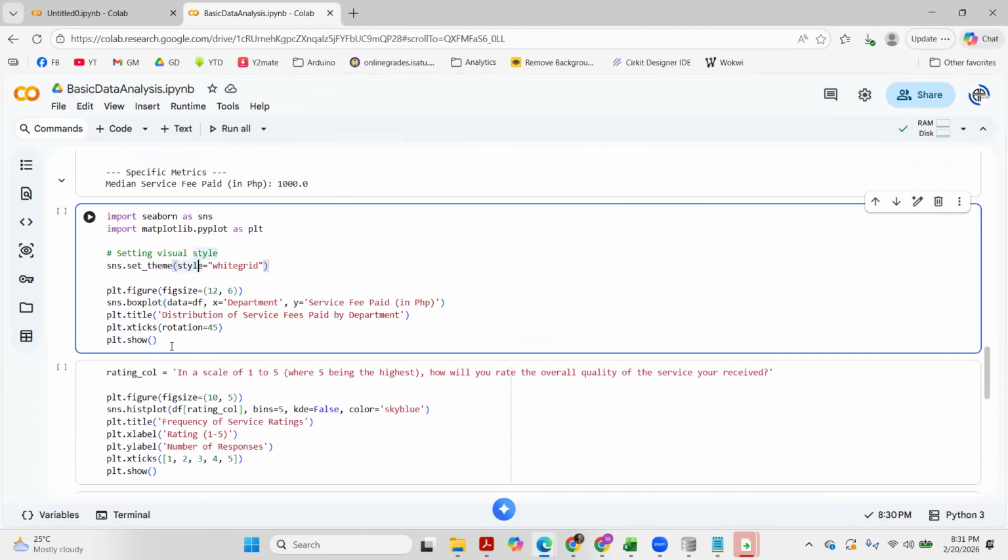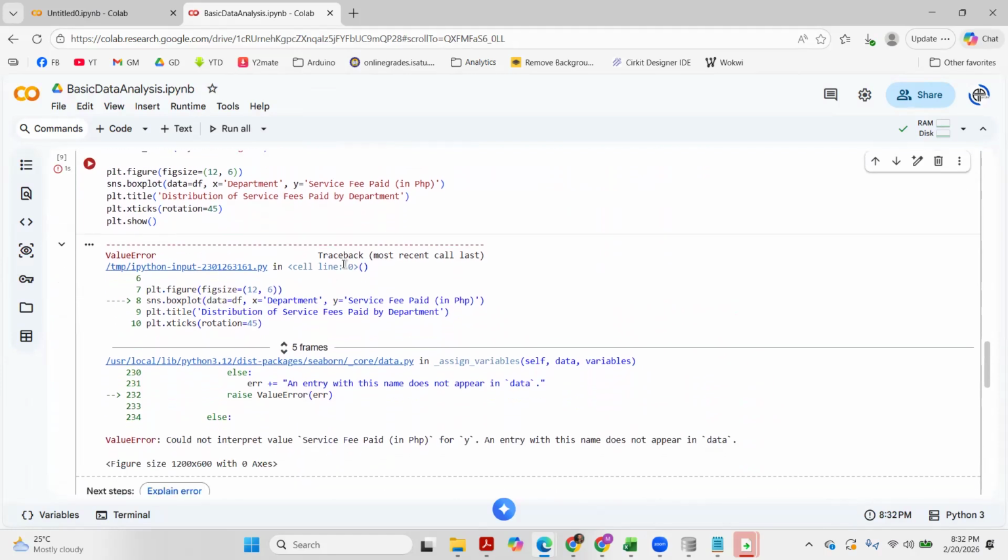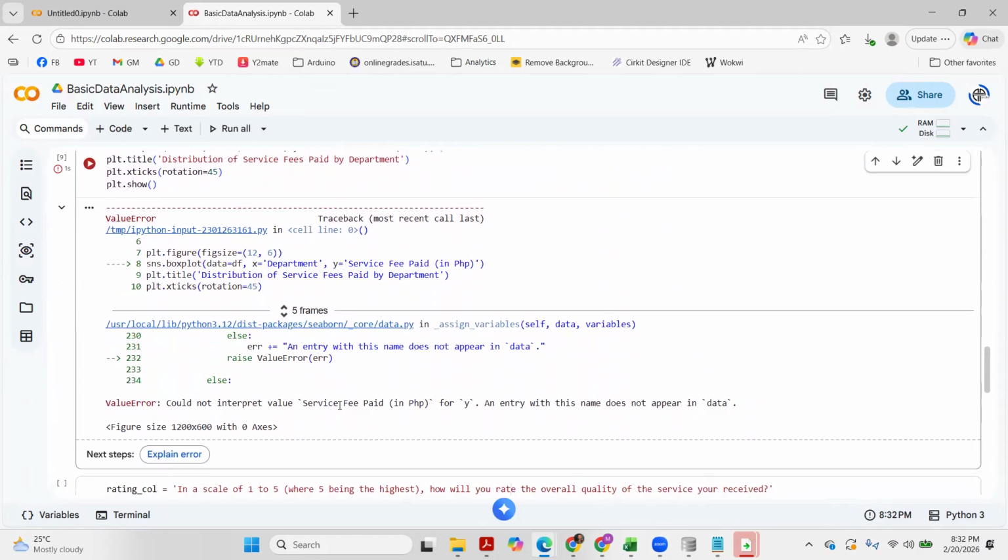Now, I believe we have the visualization already. I'll just check. This time I'll change this one. It's just a text, so I think no need to change. Let's run this one. I have to check, I have to change that.